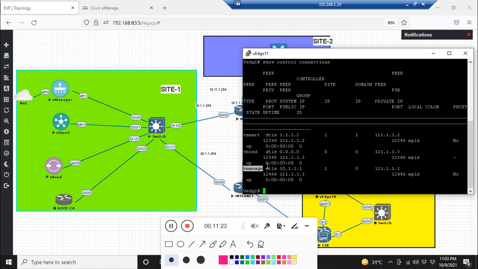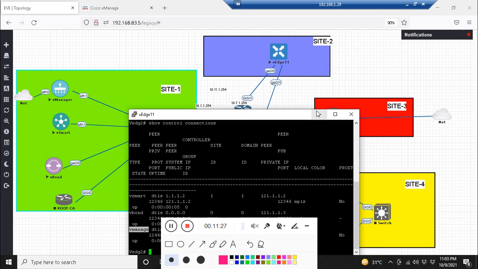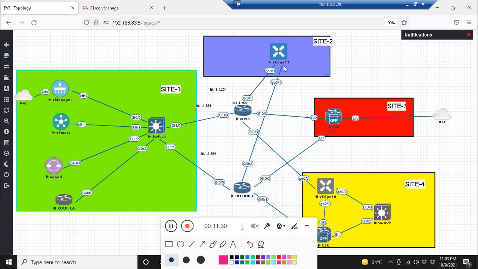As soon as this control connection comes up, and this vEdge has TLOC connectivity with the other vEdges, then it forms the BFD sessions. So basically these are the TLOCs of this vEdge.